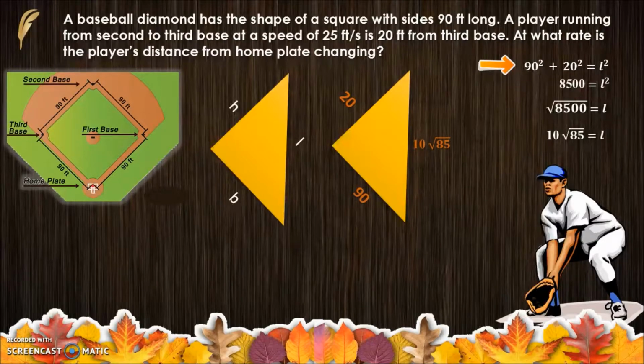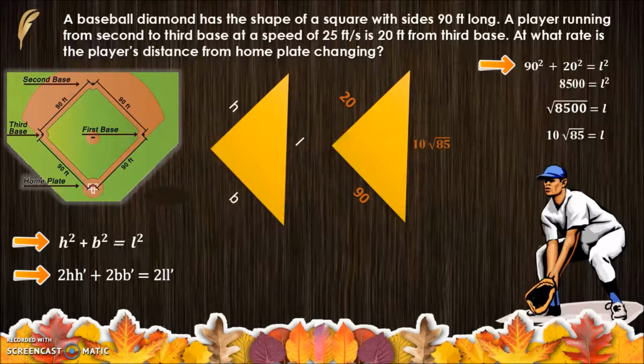So our next step is going to be to set up an equation so that we can solve this problem. In this case, we're going to have the Pythagorean theorem. So we have h squared plus b squared equals L squared. So we're going to take the derivative. So we're going to end up getting 2h h prime plus 2b b prime equals 2l l prime, because here we're going to have